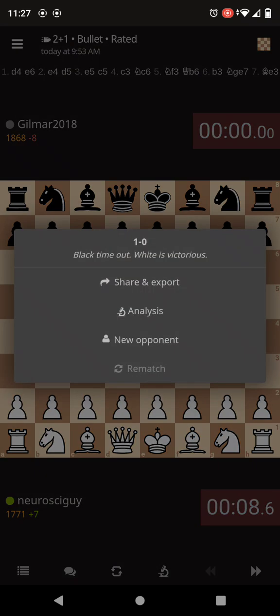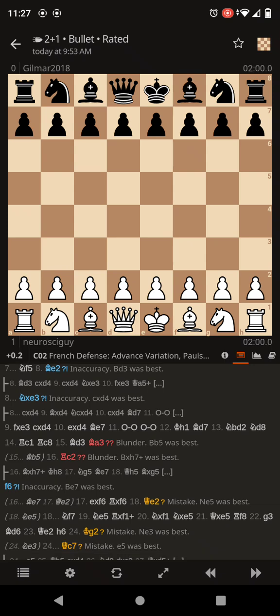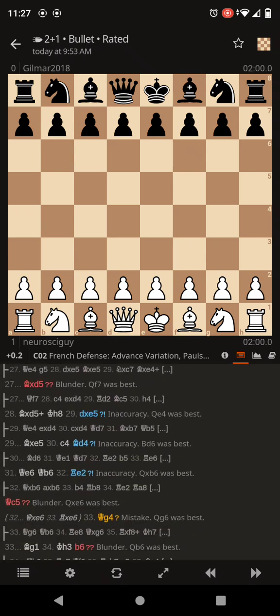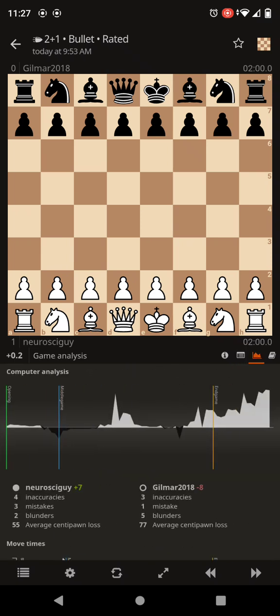Let's see what it's called. Go to analysis here. Yeah, advanced variation, Paulsen attack. And you can see there were quite a few mistakes throughout this game. However, the reason I'm doing this video is because I saw this spike right in the middle, and I was like, dang, what did I miss? And I gotta tell you,